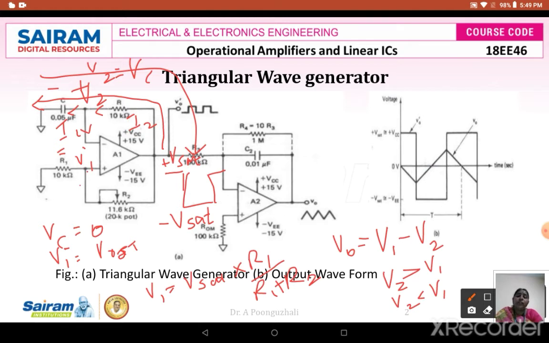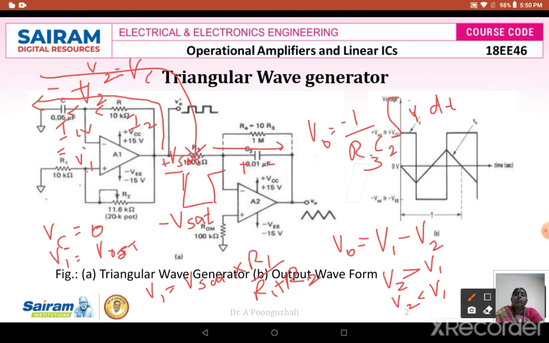So when this square waveform is fed to your integrator, at plus Vsat my capacitance is going to get charged like this. So that means that my output is nothing but negative. So I can say that the output of the integrator is nothing but minus 1 by R3 C2 integral of V dt. That is the input voltage I am going to get, or I can have it as your i dt there. So in this case, your V0 is equal to minus 1 by R3 C2 integral of i dt there.